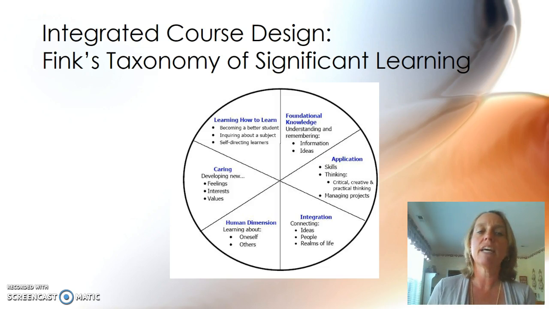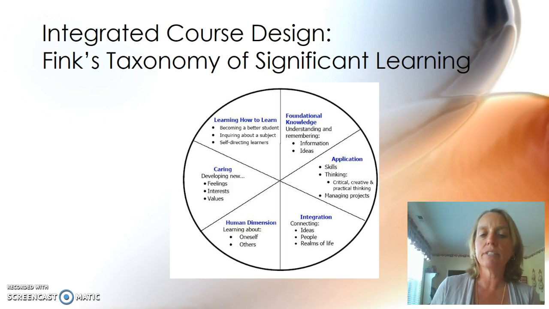Now on the left-hand side of this diagram, you'll see that there are three layers here that are not really directly related to Bloom's taxonomy at all, so they're different. These are more personal and focused on the affective parts of learning to some extent. So Fink says in order to have a significant learning experience, you want to not only learn that content, but be able to reflect on yourself and how well you learned that and how you could continue to improve learning,